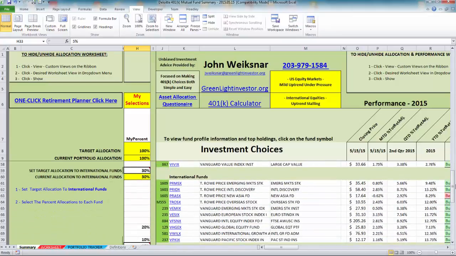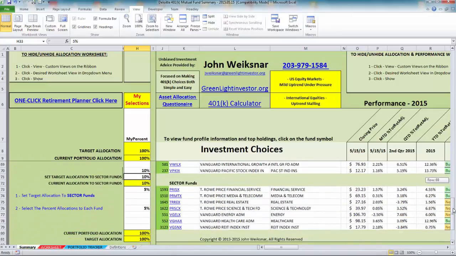As we scroll down, we'll see a 30% allocation to the international funds, with 20% in the Global Equity Fund and 10% in the Pacific Stock Index Fund. And finally, we have a 5% or a 10% allocation, and that's divided into two funds that have 5% each. Once you have that set, you simply use the slider,